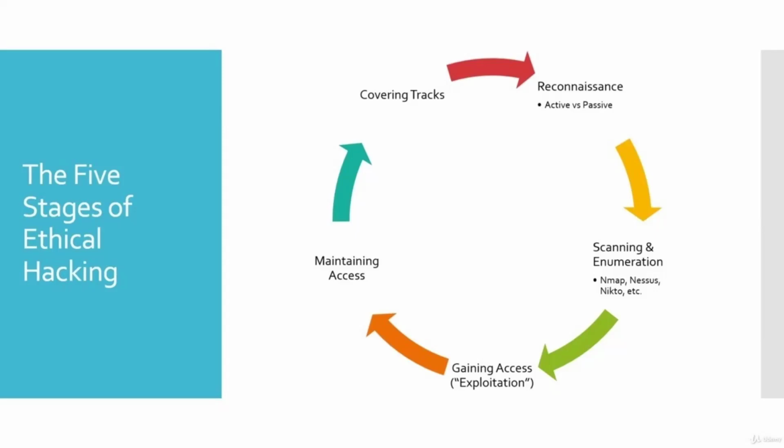So even though covering tracks is a stage of ethical hacking, from experience and from what most clients want, you don't get to do it. You just get to leave things the way they are. You write your report, you communicate it to them, and maybe after the report has been treated, you can come back and start clearing everything you have done, just to make sure the system is safe after that. So even though it's a stage of ethical hacking, covering tracks is one step we often skip, unless the client specifically requests that you clear everything you did. We just leave it there most times as evidence or proof to the client that something has been done. So that is that.